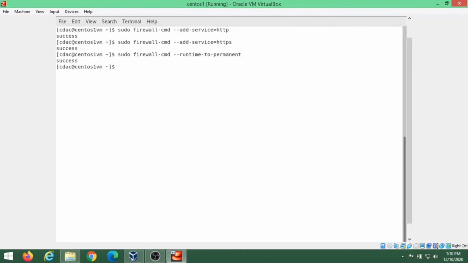For a basic rule set, you can add HTTP and HTTPS access by typing sudo iptables -I INPUT -p tcp -m tcp --destination-port 80 -j ACCEPT.